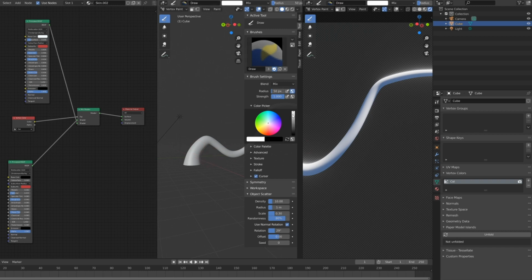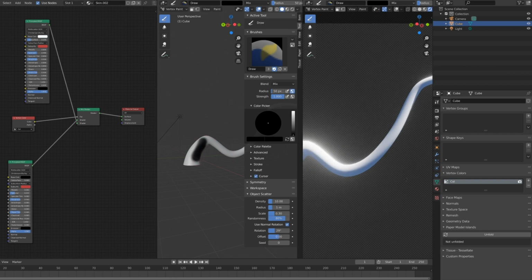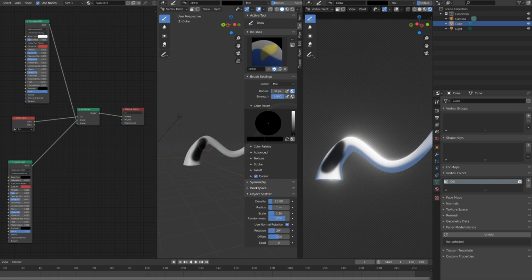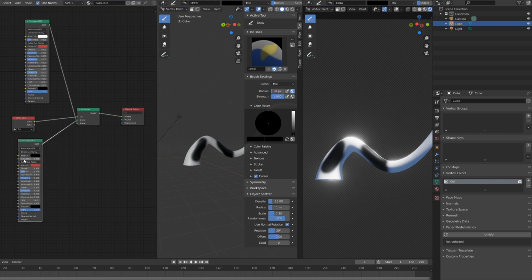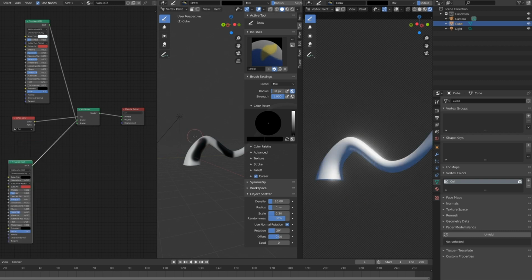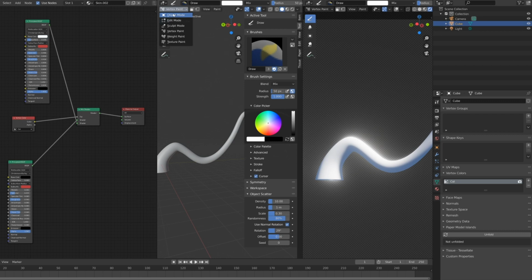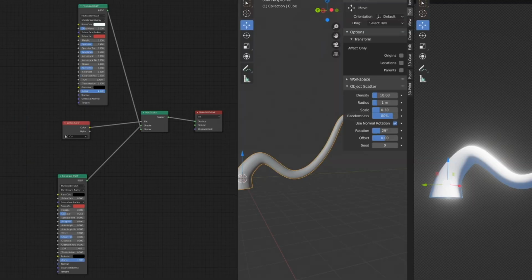Go into the color picker here and make it black so that when you color on here, it'll appear darker on those spots because it's switching over to show this darker shader here. But we don't need that. So close that out. And then you can copy that if you feel like it,